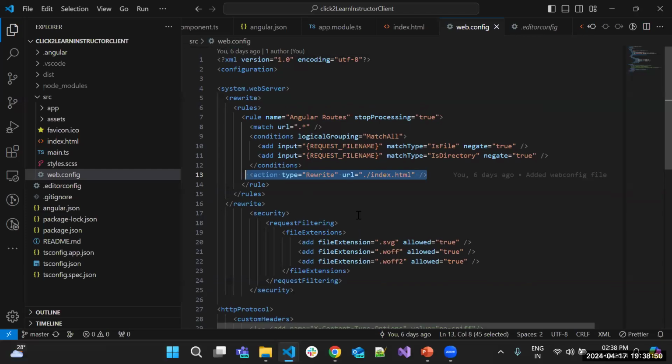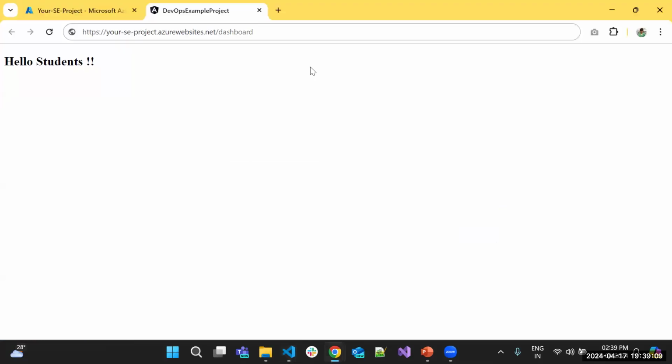Okay. Whatever the path it has propagated, with /URL/login or /dashboard, anything which matches, it will perform an action to redirect to this index.html. Okay, like